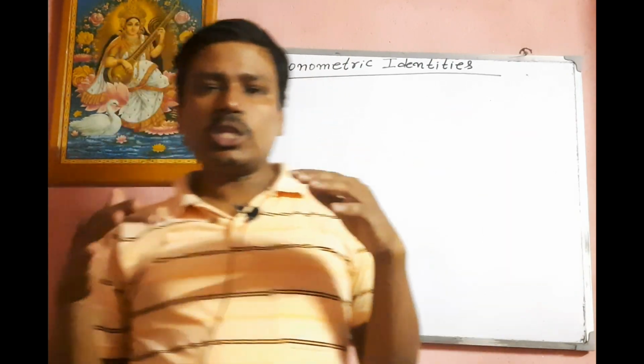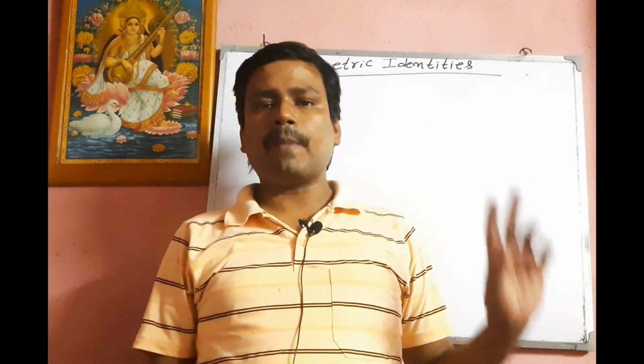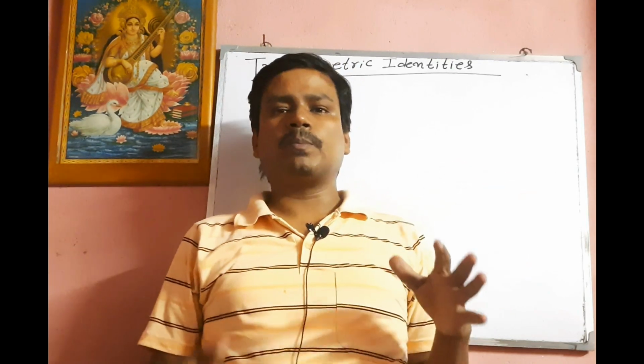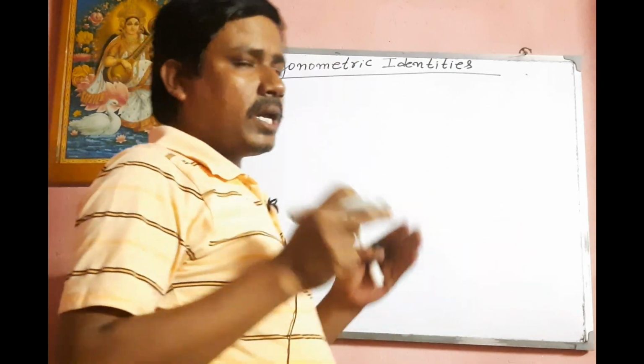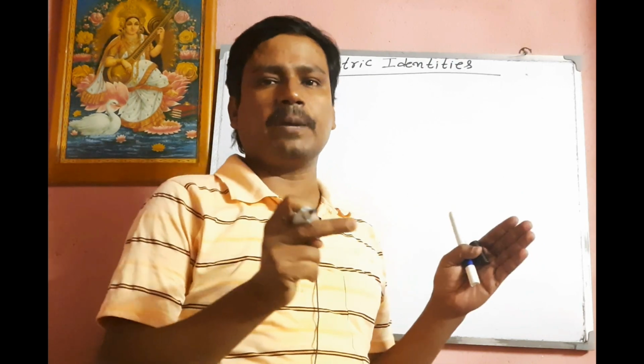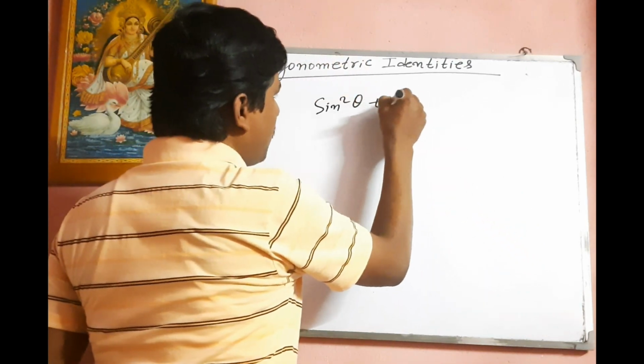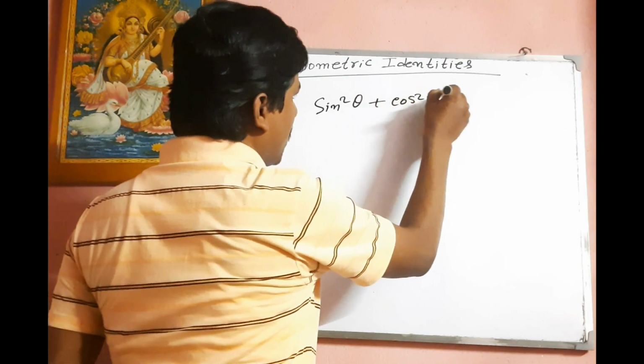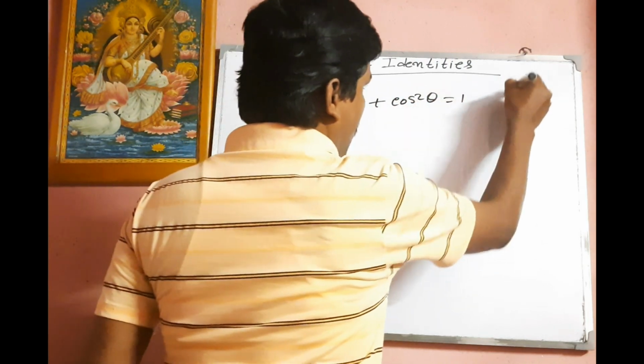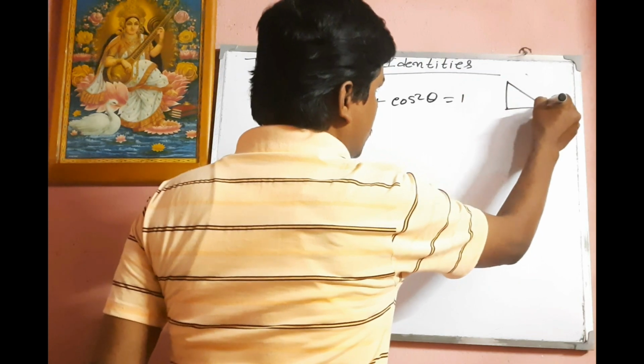Today we are discussing the class 10th level chapter, and the chapter name is trigonometric identities. In this chapter, at first we are giving some formulas, and after that we are discussing some examples of this chapter. The important formula of this chapter is sin square theta plus cos square theta is equal to 1, and when this is the theta,